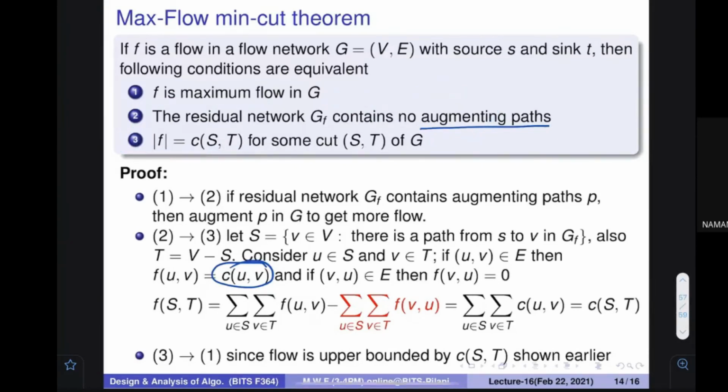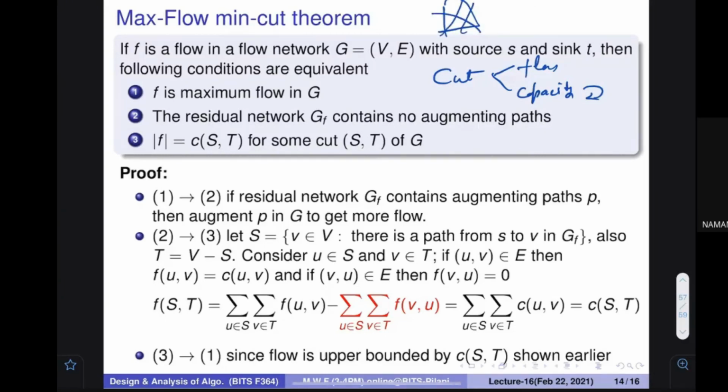Let me tell you what I wanted to conclude here. There is something called a cut, and in the cut we know there is something called flow and capacity. We have seen the formula for the capacity. Using it, we have seen that if it is a maximum flow, then there is some minimum cut, because different cuts have different capacities. Whatever minimum capacity cut you can find, the maximum value of flow is going to be equal to that particular value.